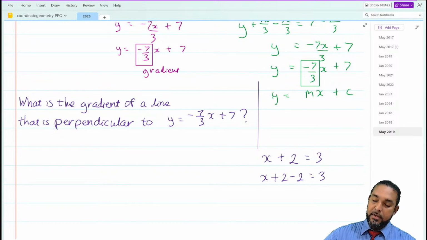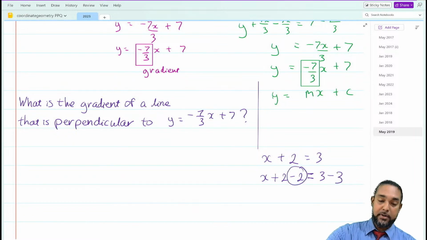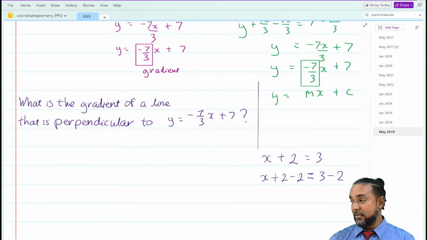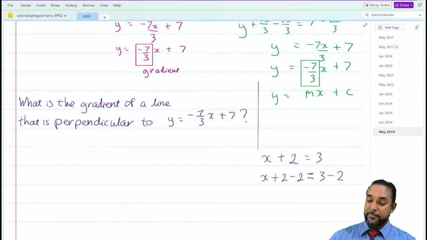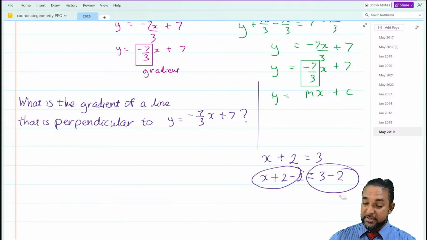But the thing is, x plus 2 is 3. If we subtract or manipulate or affect one side of the equation, to keep it as an equation, to maintain equality, whatever happens to one side of an equation has to happen to the next side as well. So if you subtract 2 from one side of an equation, you have to subtract it from the next side. You can think of it like two siblings: if you give one a particular gift, the next one wants the same thing. So whatever happened to one side of an equation must happen to the next side of the equation.